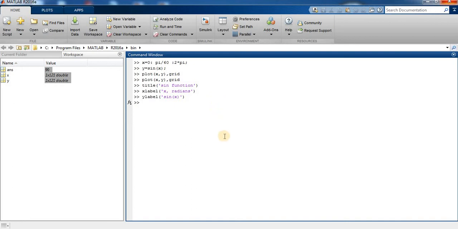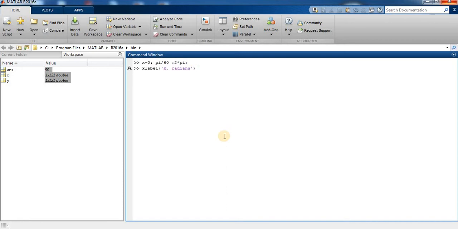Now we are going to talk about annotating a graph. So first we type clc to clear, and then we type x is equal to 0 pi by 60 to 2 pi, press enter for generating the sequence.